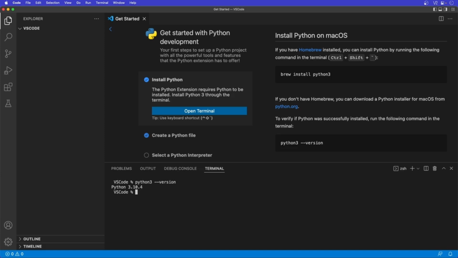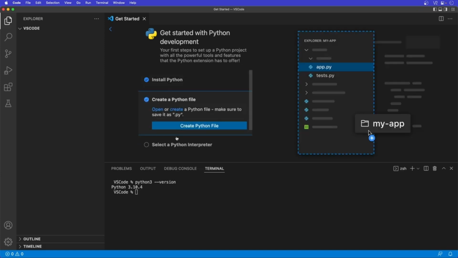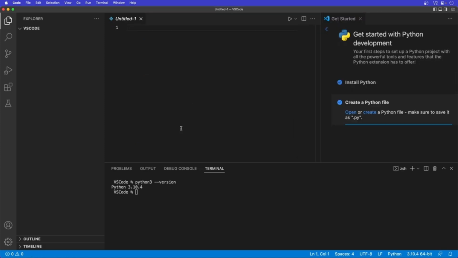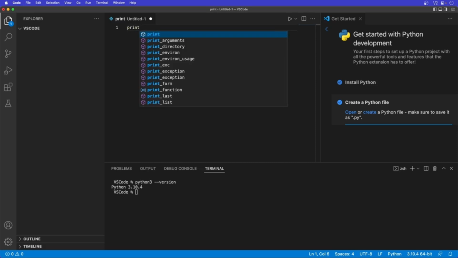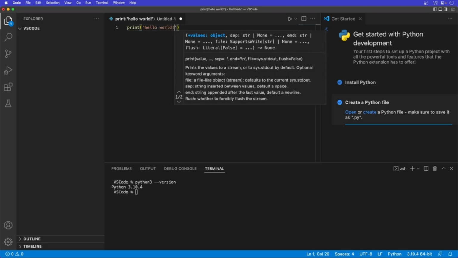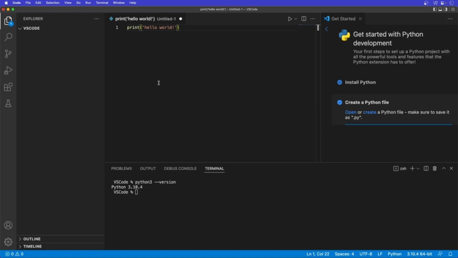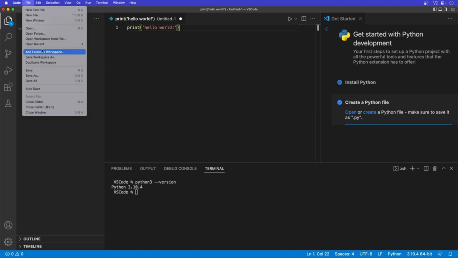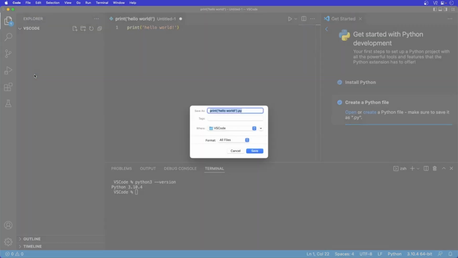Next, I create a simple Python file. To do this, I click on Create Python File in the Get Started with Python Development guide. I put in a print statement by typing print hello world. I will explain what a print is at a later stage, but for now, you just need to know that it's for printing out a value within the terminal itself. Now, I save it by clicking on File, Save As, and then entering the file name,